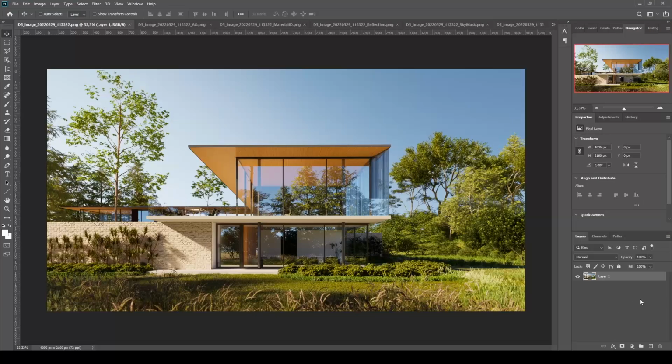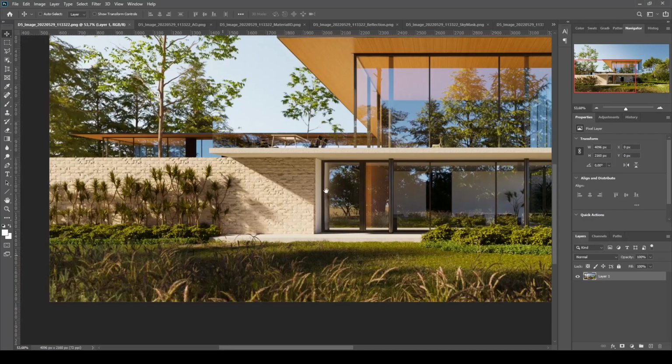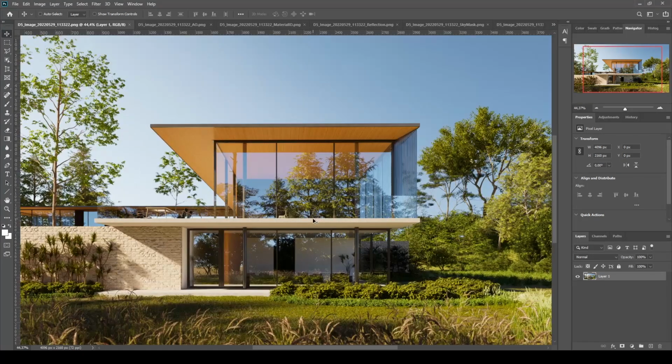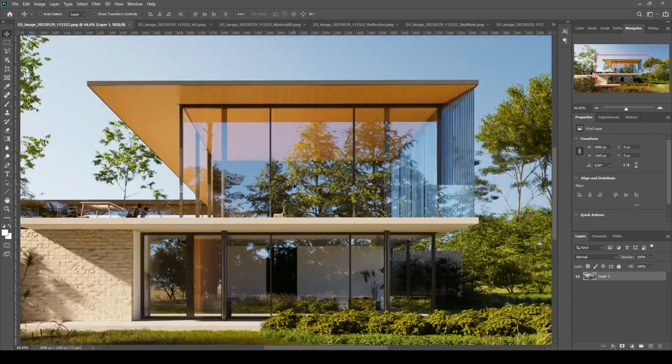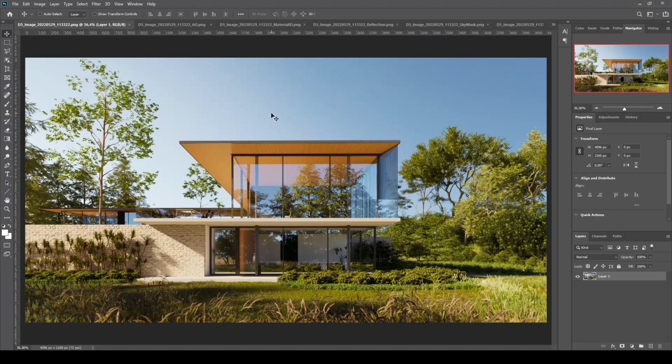Alright, here we have our renders. And this is our diffuse render. I mean basic render. This is the render without any post-production and no adjusted settings in Photoshop. But it's still elegant, I think. But I think this render can reach a higher level. And we can turn this one into a more realistic render with the help of post-production renders.